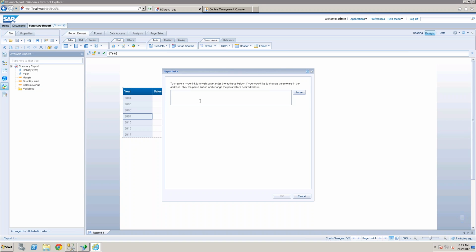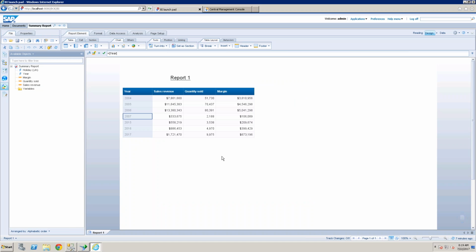In the older version 3.1 or XI R2, we need to write hyperlinking code manually. But in 4.0 or 4.1, we can link one report to another report directly.